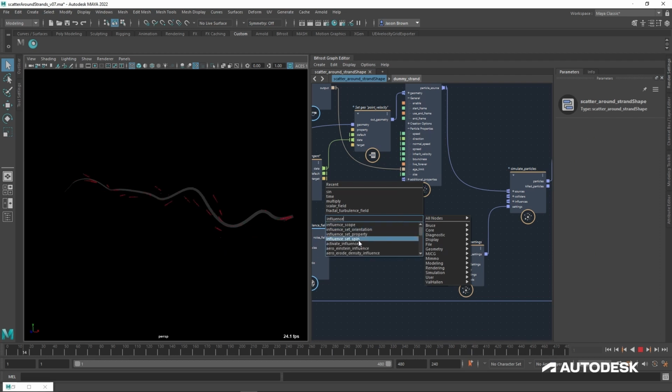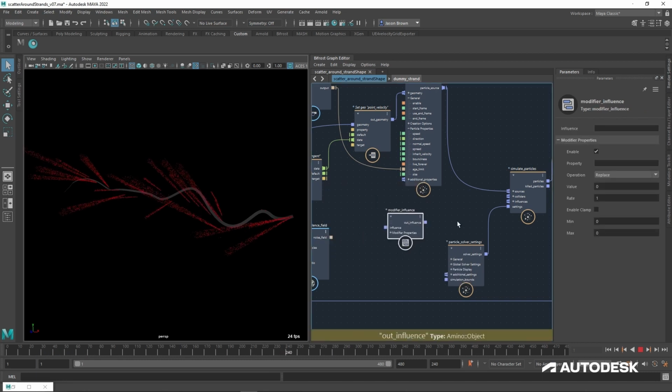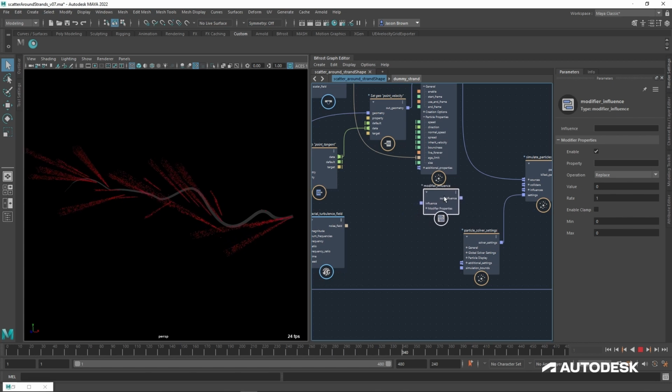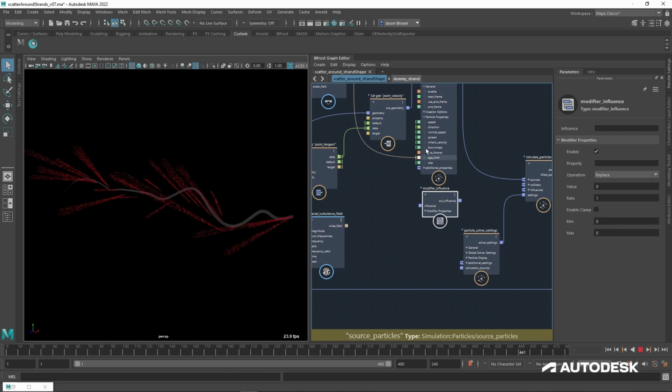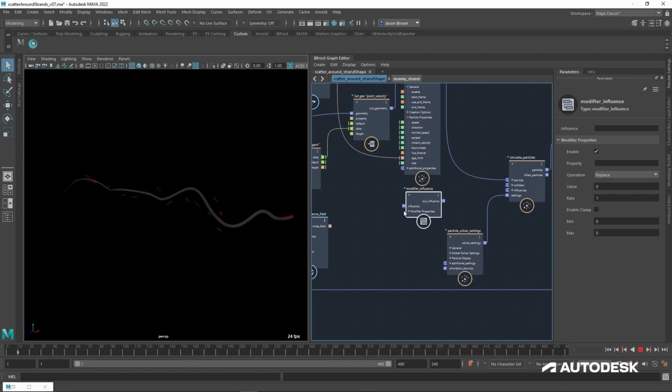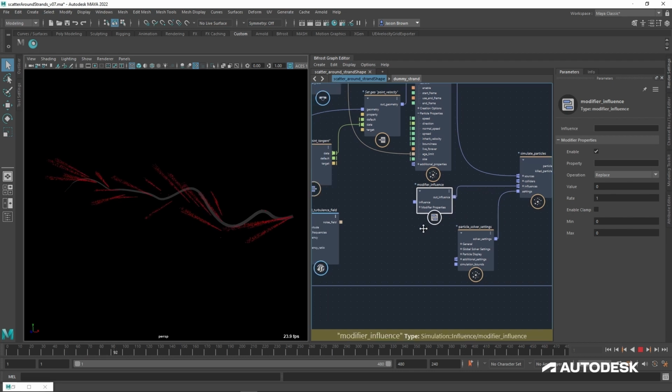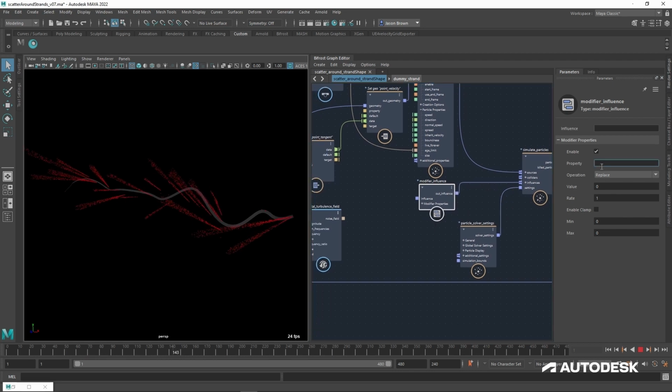Don't know, you needed to recharge those. Maybe. So I'm going to do a modifier influence. What a modifier influence does is it allows you to modify either another influence or an actual property on your particle system, which is great because I want to modify a property on my particle system. I want to modify my point velocity,